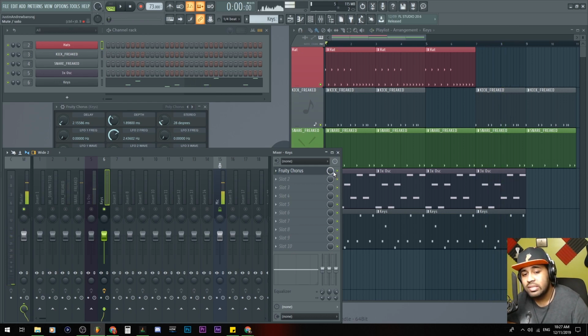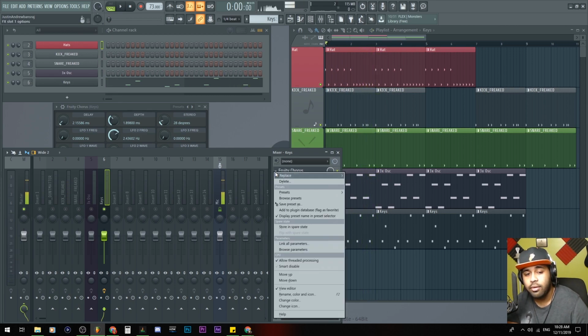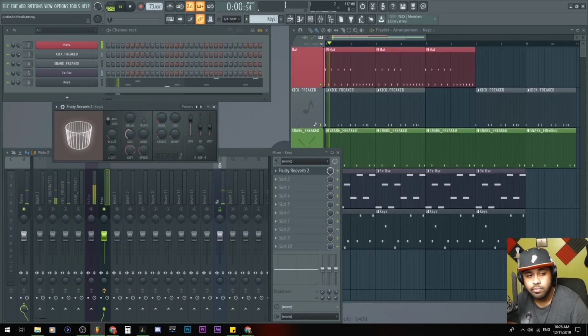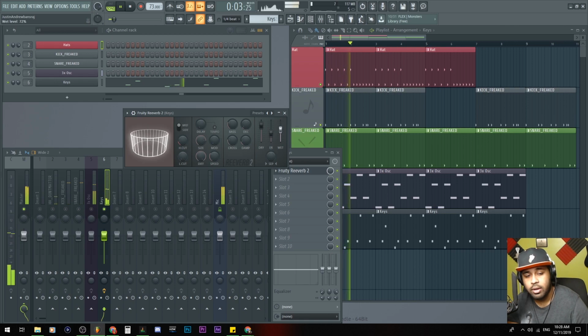Cool. This knob right here is going to affect the level of the mix of the effect. So let's say you want only 50% of the mix. Basically 50% of the effect is going to work. Basically you're going to hear half of it be the effect, the other half is going to be without the effect. Might not sound as interesting, but yeah. That knob is pretty effective depending on how you put in effects and stuff. So let's say for example I put in a reverb right here, Reverb 2. And I create it the way I want it to sound.